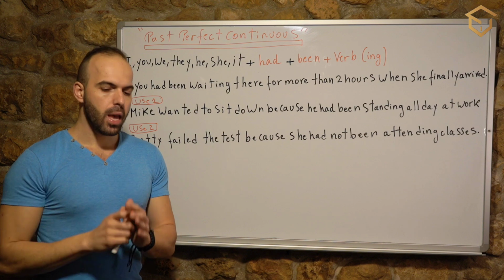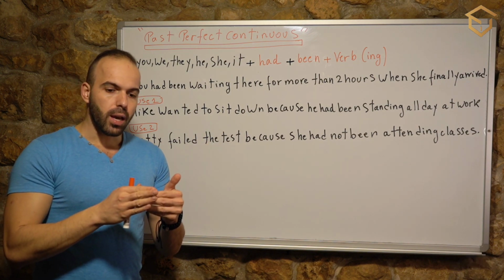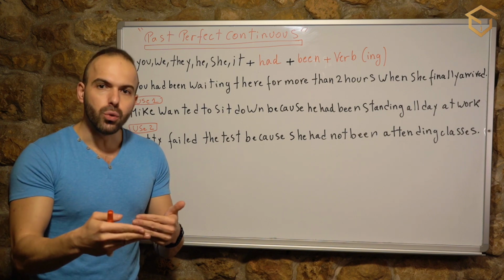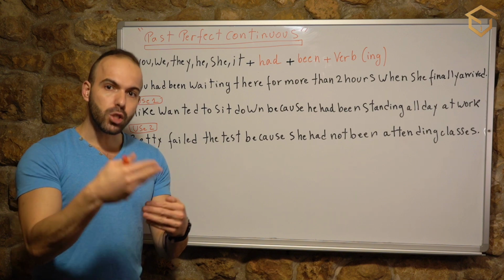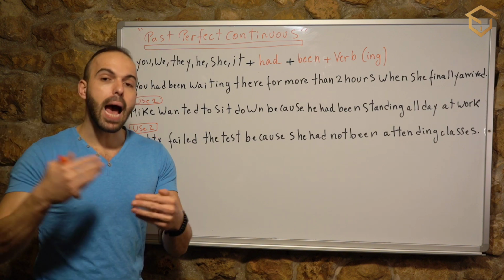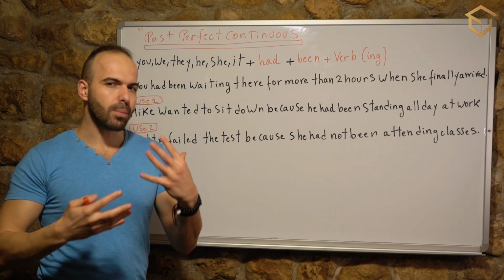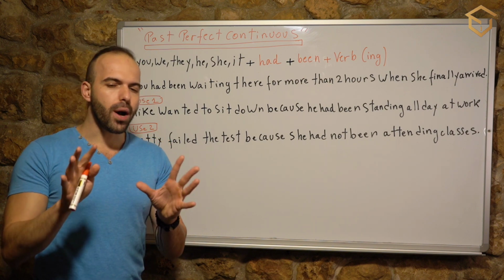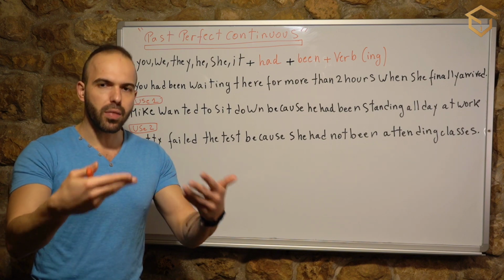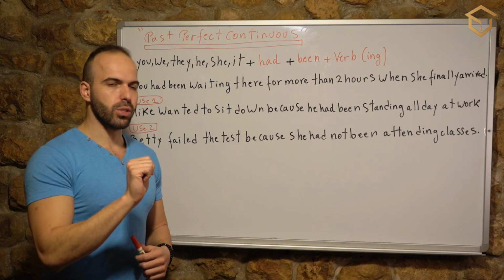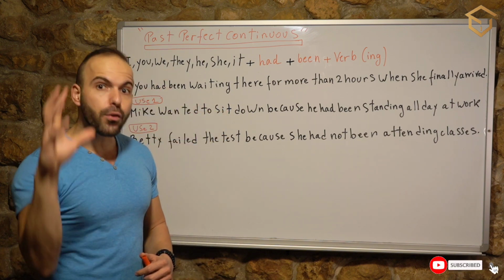What does it mean? It means that the duration of that action does not continue until now. It stops. So it stops before something else happened in the past. Do you understand what I'm talking about? I know it's quite complicated, but it's very easy if you keep actually using this in your sentences. Let's continue to see if these sentences might help you to understand or comprehend the overall meaning of